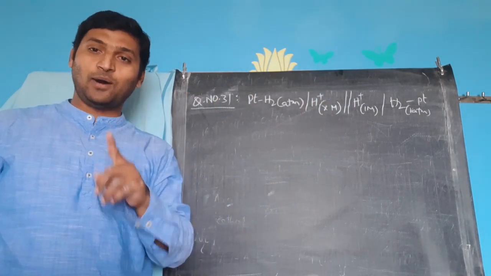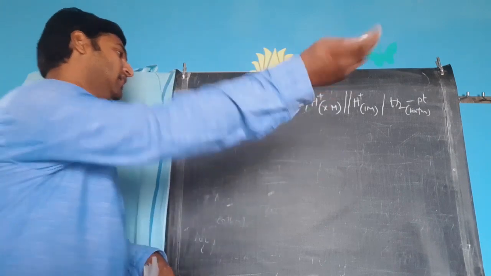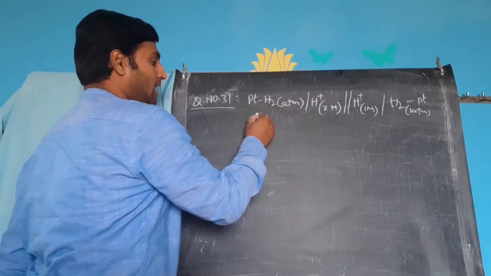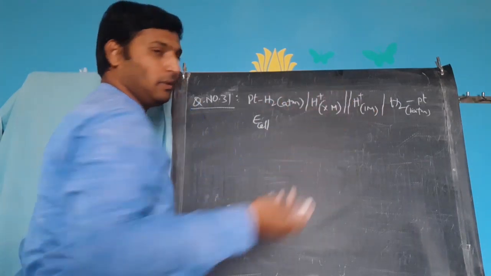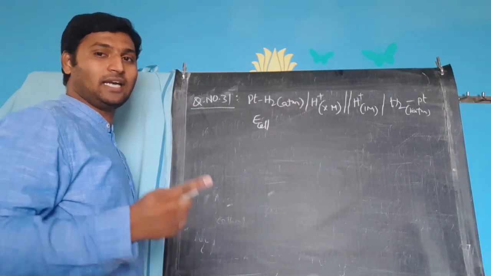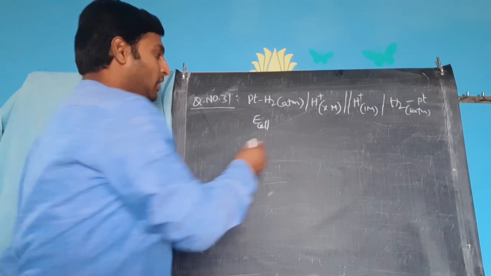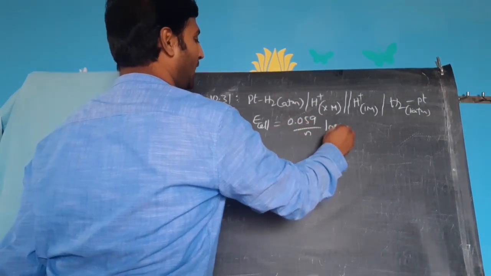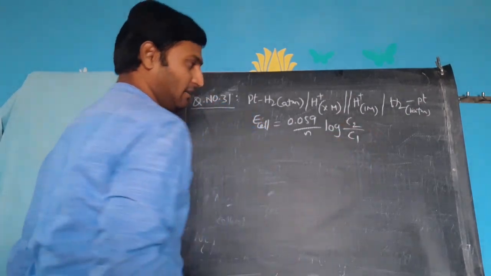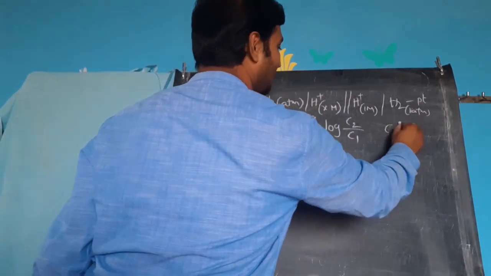Right. Now if you remember, we have given the expression for Nernst equation for concentration cells as E cell is equal to, because both cathode and anode will be the same electrode, SRP values will get subtracted and E naught cell will be 0. So E cell is equal to 0.059 by N log C2 by C1,